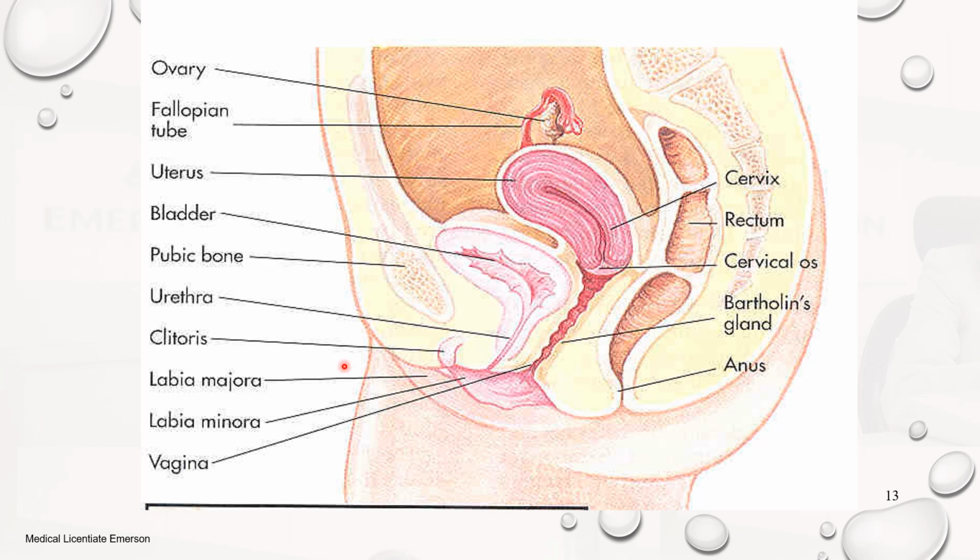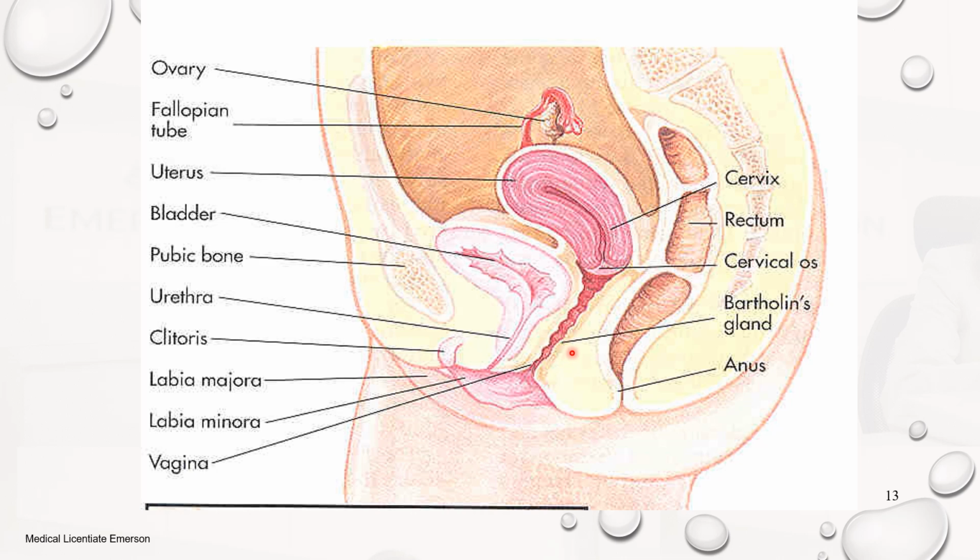Okay, so we have the uterus here. So this is the bladder. I got confused. I saw the urethra here, so I was like, is it a mistake on the picture or what? Okay, so this is the bladder. The uterus is this side. So you have the uterus, the cervix, the cervical os, then you have the vagina,